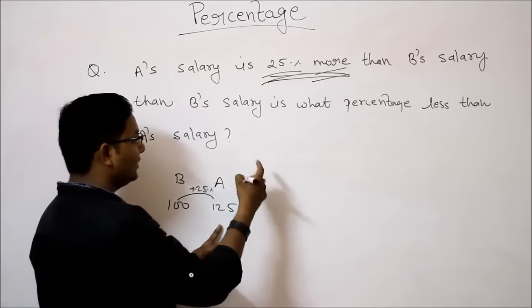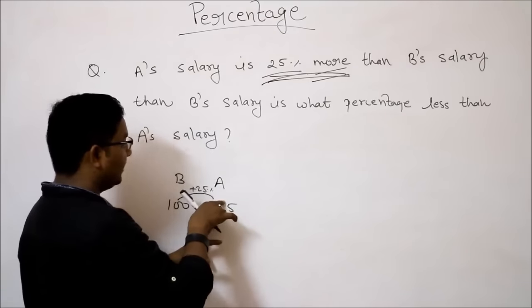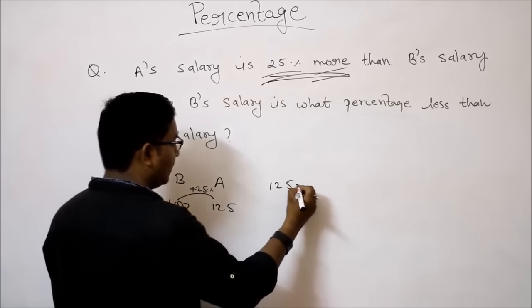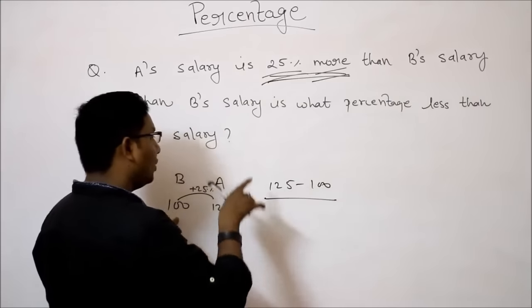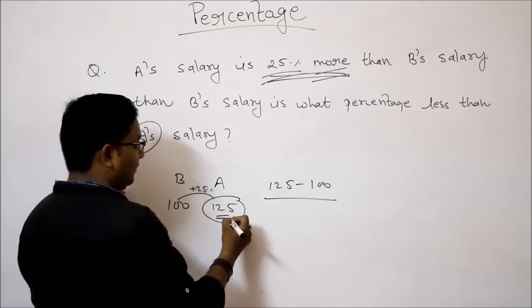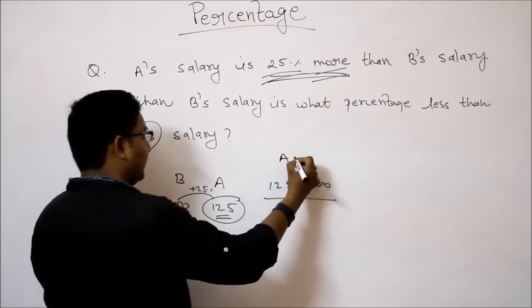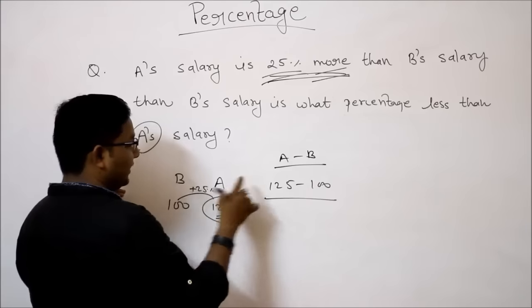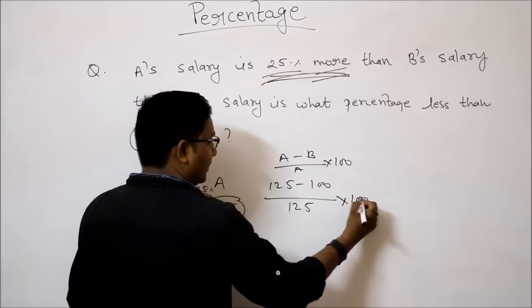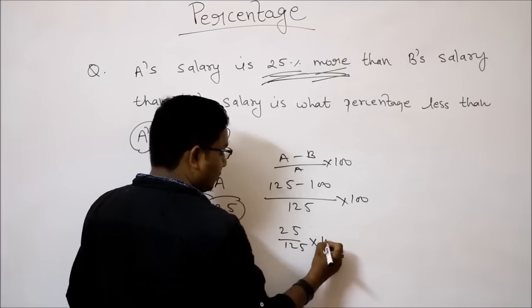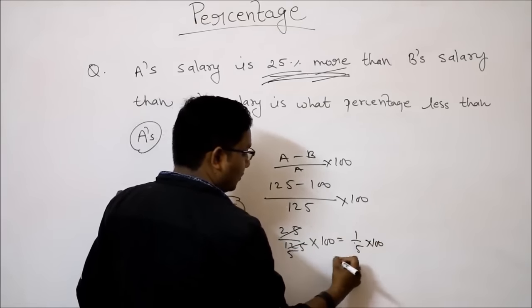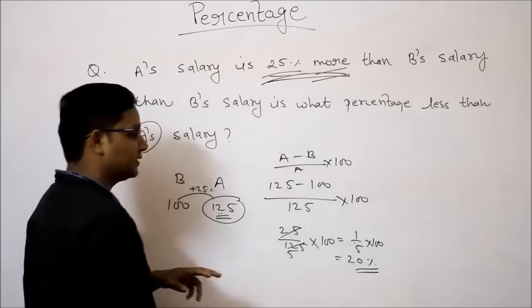ठीक है, तो हम लोग का फॉर्मूला क्या है निकालने का, कि ए जो है वो बी जो है वो कितना परसेंट इससे छोटा है. ठीक है, सो द डिफरेंस जो होगा 125 माइनस 100, ये आपका न्यूमरेटर में आता है, और देन के बाद जो है वो आपका डिनोमिनेटर में आएगा। देन के बाद क्या है ए, सो 125। मैं बस फॉर्मूला यूज कर रहा हूँ, याद रखिएगा, जैसे a माइनस बी अपॉन देन के बाद क्या है a इंटू 100, ये फॉर्मूला मैं यूज कर रहा हूँ यहाँ पे। सो 125 इंटू 100, सो ये हो जाएगा 25 अपॉन 125 इंटू 100, सो हो जाएगा 1/25 इंटू 5, सो 1/5 इंटू 100, सो ये हो जाएगा 20%.